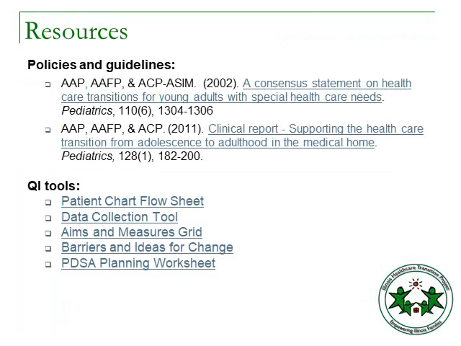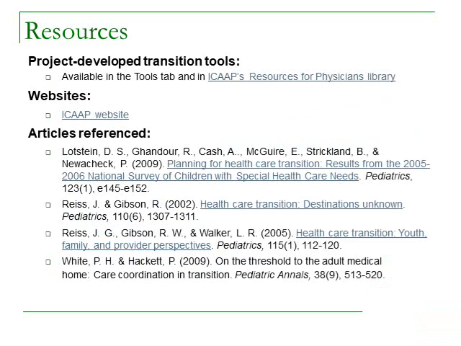As you saw throughout each module, this course is resource-rich. You should be familiar with the policies, guidelines, and QI tools to improve transition planning care for patients in your practice. We hope you have become acquainted with the project-developed resources, websites, and more located under the Tools tab. The Printable Resources list is a handy tool for future reference. You can purchase printed copies of handouts, such as the Transition Checklist for Teens and the Transition Checklist for Parents and Caregivers, in sets of 25. Purchasing information is available under the Tools tab.